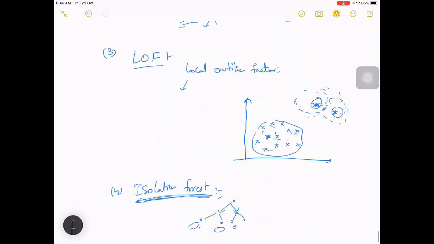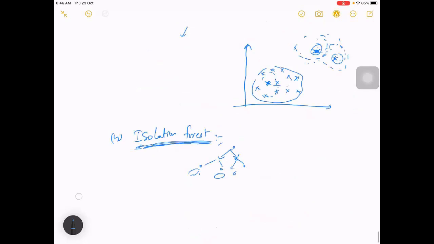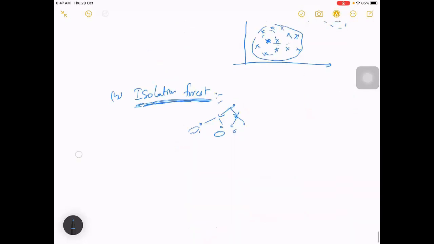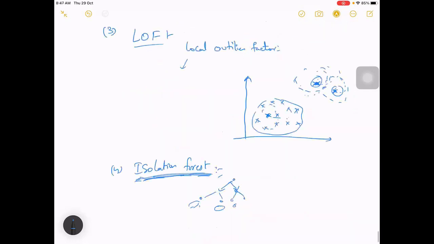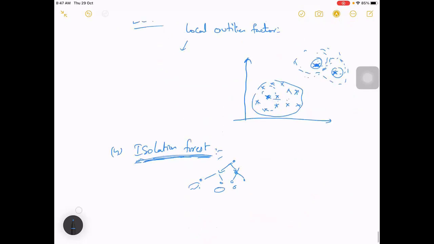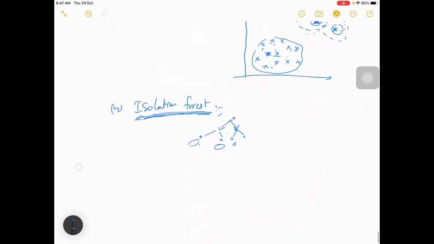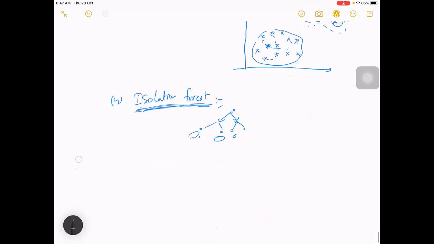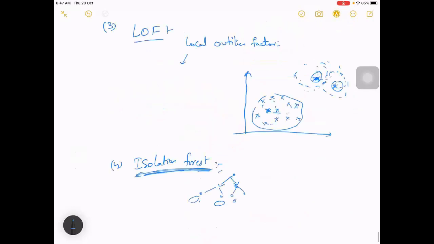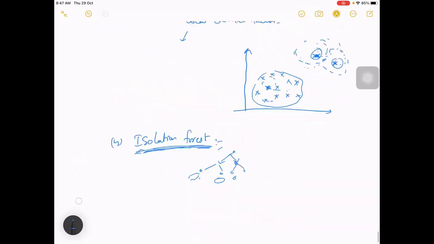Apart from that, there are methods like LOF, which works decently, but isolation forest works very well. I am not going into detail on how each function works. You just have to know that there are functions like this with which we can detect anomalies.